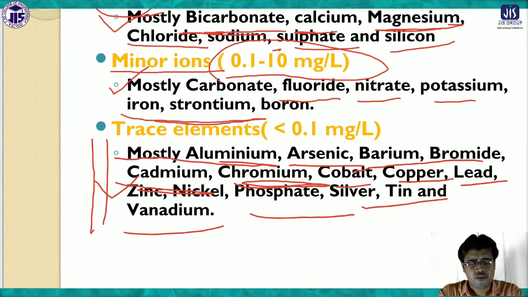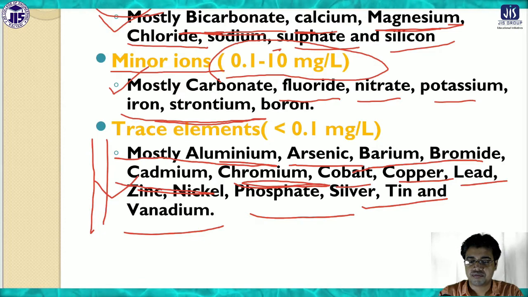In a few cases, some of these elements are very harmful for our health and act as a poison, like arsenic. If water which we use for drinking is contaminated with arsenic, it can cause different kinds of problems in our body. Some ions or elements are important for our body, but some elements are very, very dangerous for our body.